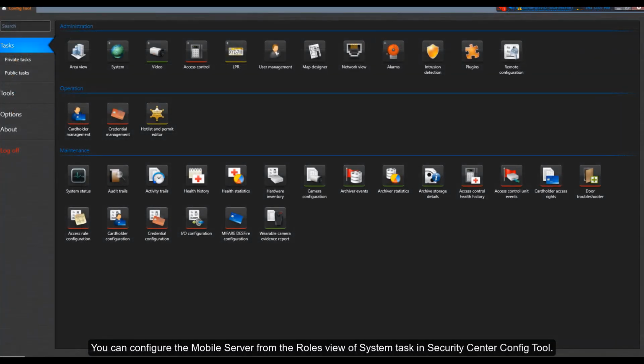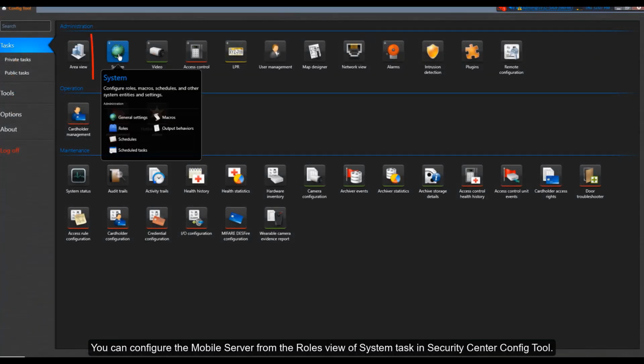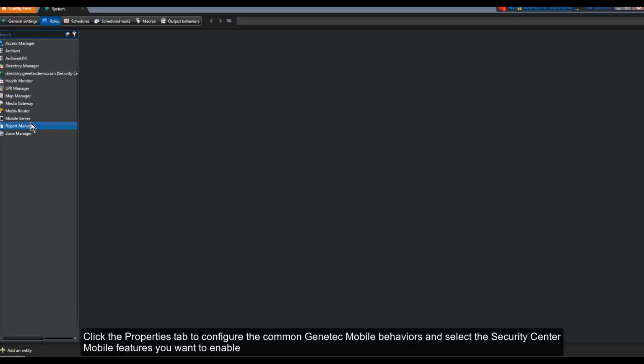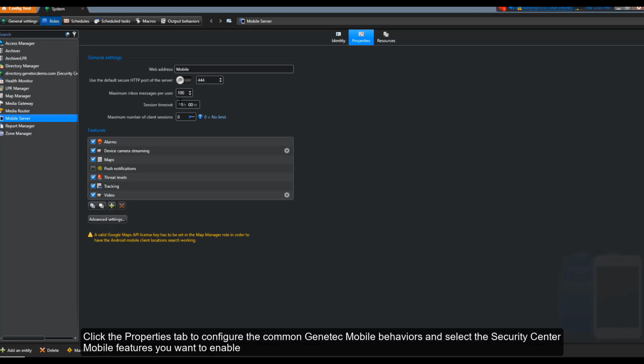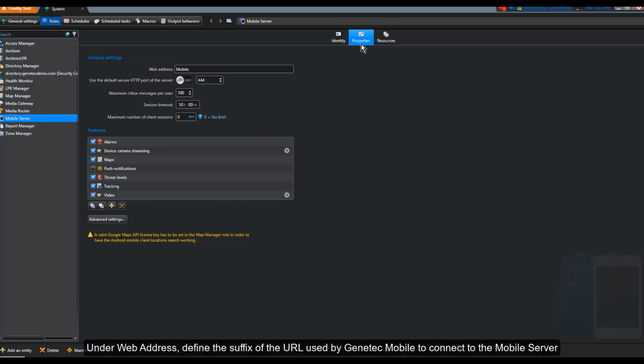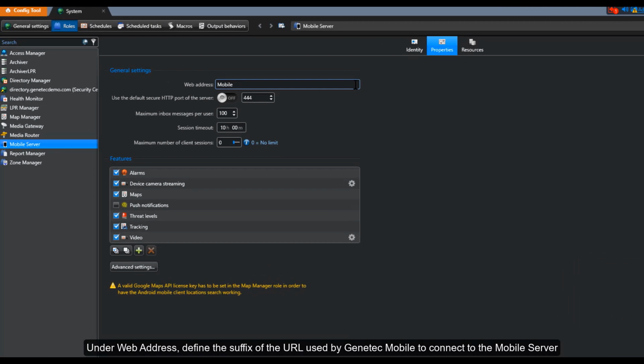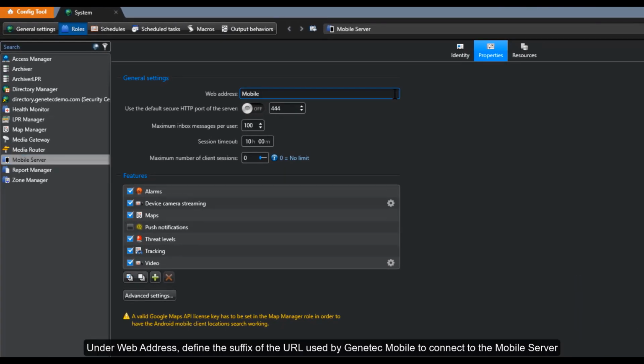You can configure the mobile server from the Roles view of System Tasks in Security Center Config tool. Click the Properties tab to configure the common Genetec mobile behaviors and select the Security Center mobile features you want to enable. Under Web Address, you can define the suffix of the URL used by Genetec Mobile to connect to